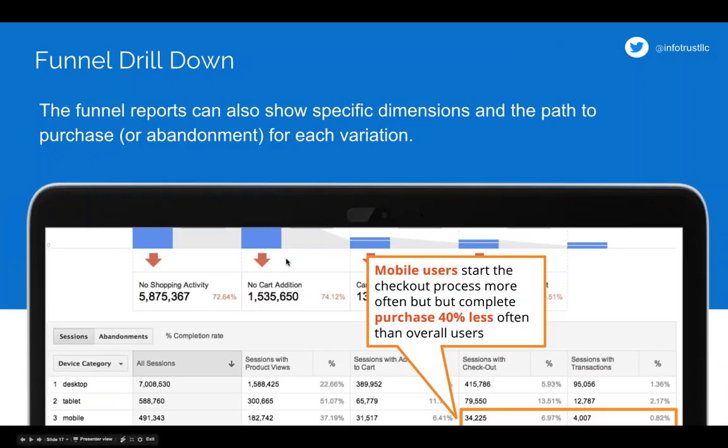What's interesting with this report, once it's set up and you have tracking, again not just for pure play e-commerce but even for a non-e-commerce site, if you set up the funnel to see how users progress through, you'll also be able to see, with different dimension drill downs, how people progress through different stages and maybe how they're abandoning as well.